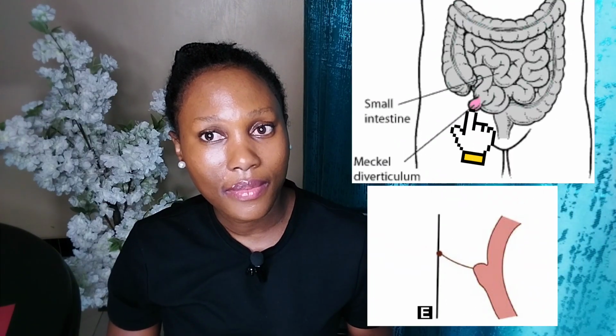At the end of week 7, there is a disappearance or a shrinkage of the vitelointestinal duct and the yolk sac. Failure of the closure or the shrinkage or the disappearance of the vitelointestinal duct or the yolk sac can result in certain conditions. For example, the congenital intestinal fistulas, the umbilical adenomas, the Meckel's diverticulum, the intra-abdominal cysts, and the